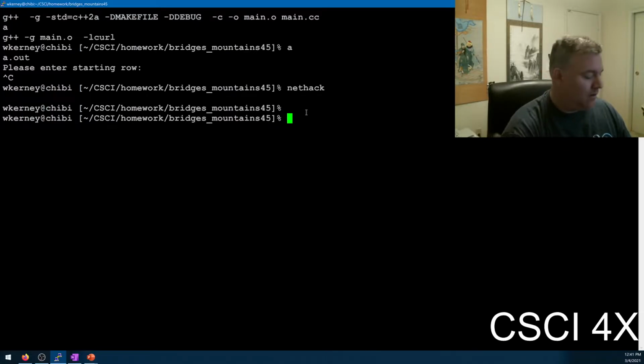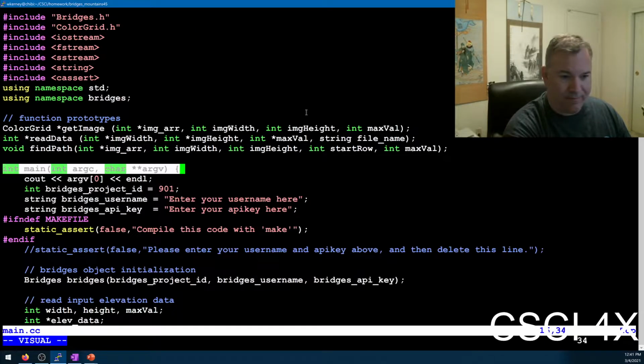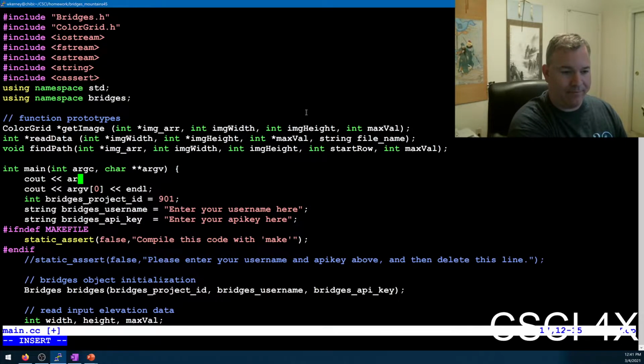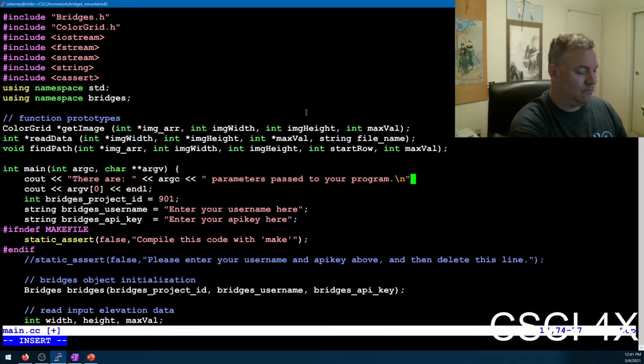Ten seconds? Okay. So the two parameters, the first parameter is how many arguments are passed to your program, argc. There are argc parameters passed to your program. And then the argument vector is what it's called. For int i equals 0, i is less than argc, i plus plus, cout argv